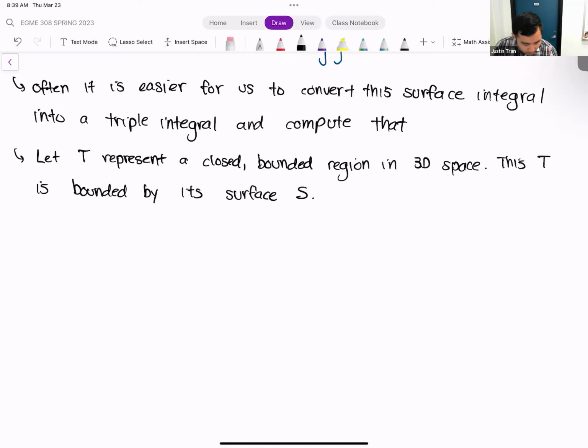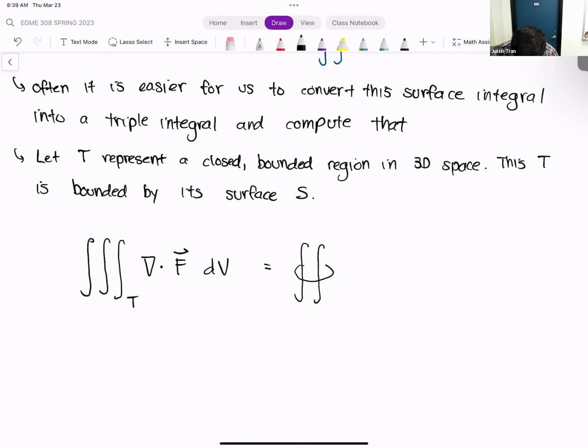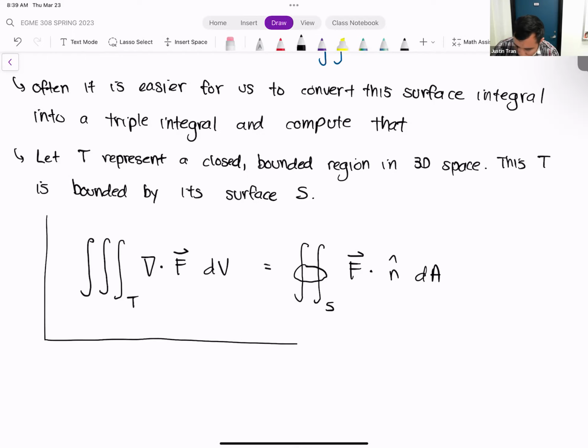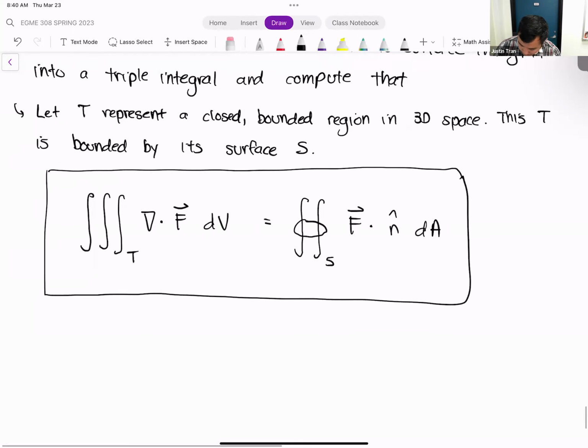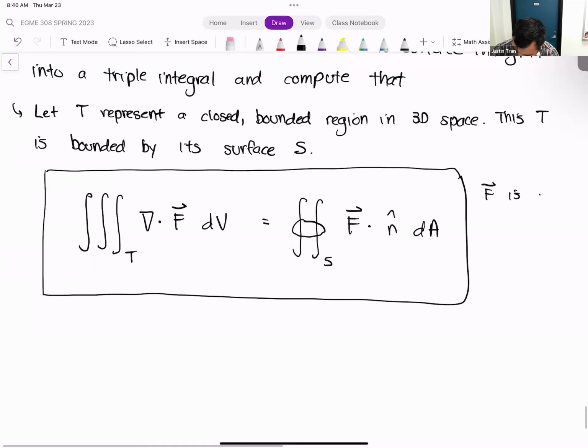Now that we have T and S, let's define the mathematical form for the divergence theorem. On one side of the equal sign, we have a triple integral over the region T of the divergence of F. On the other side, we have a surface integral, which is a closed surface integral. I'm going to use this circular notation here on the region S: the vector field dotted with n. And of course, one thing we need here is some vector field. Let me write here F is a